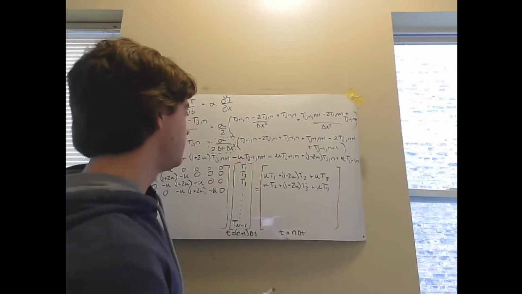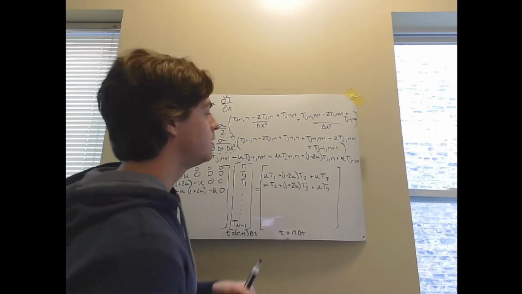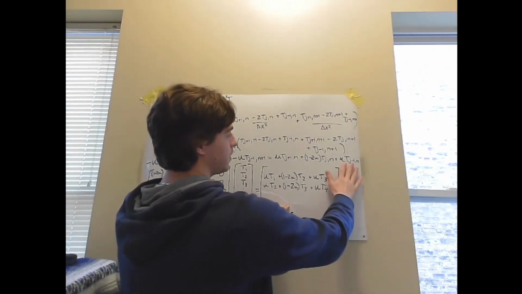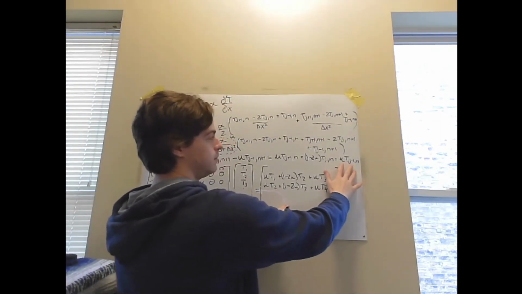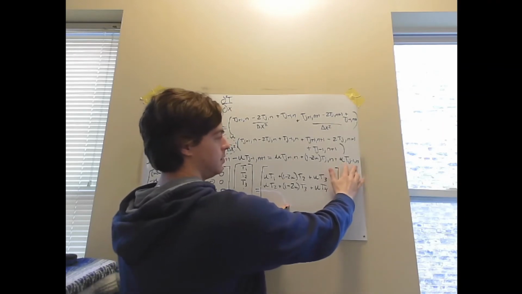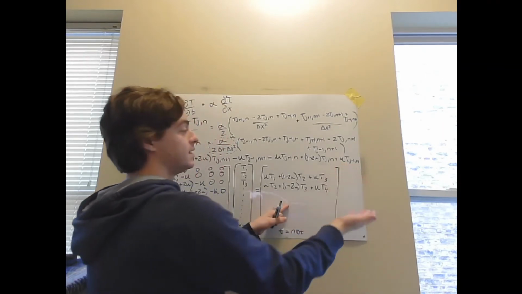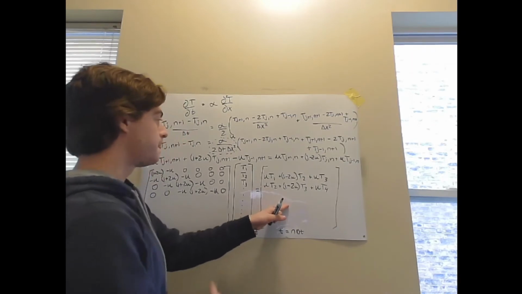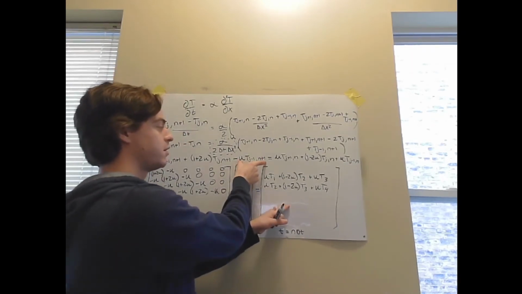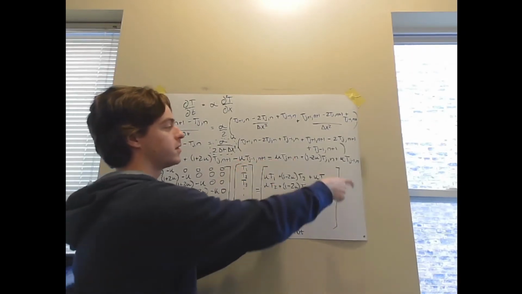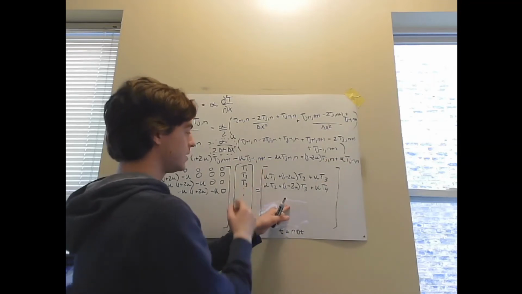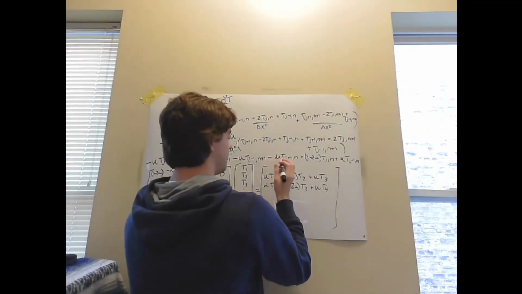And so at j equals 1, this term, the temperature at 0 at time n is 50, and since it doesn't depend on time, this term over here is also going to be the same. So we can move it over to the right-hand side of our equation. And so what this first line is going to look like is,